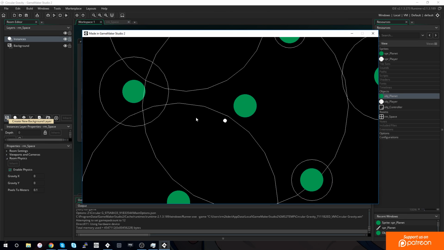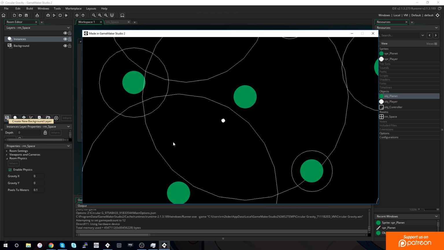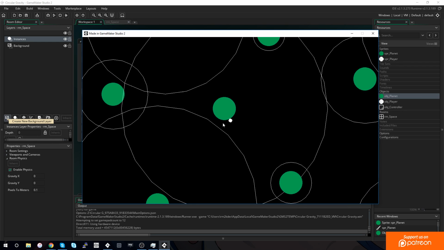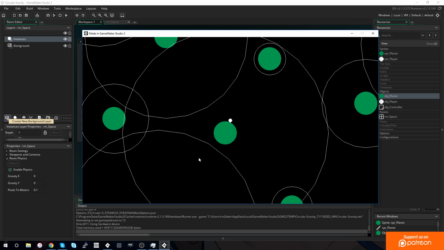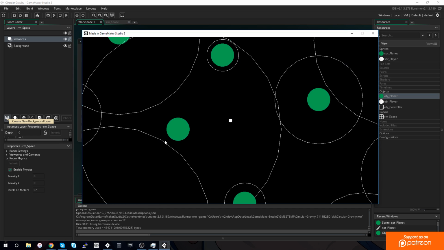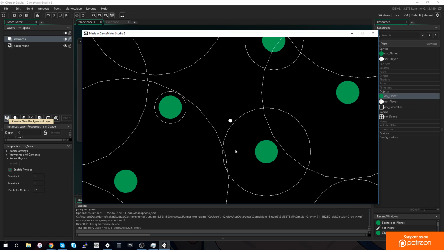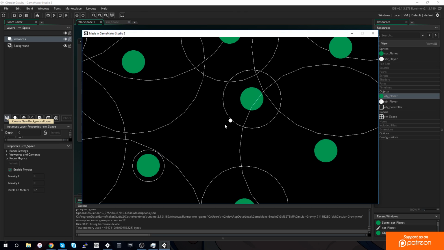Obviously, you could put this into some sort of... I've seen a few games recently use very similar mechanics to achieve this kind of thing. You could have players walking around the surfaces of these planets. Not players, sorry, you could have asteroids, all sorts of objects. It just depends on what you want to put in. We've entered a point of space now where there's no gravity, and we just move until we get into